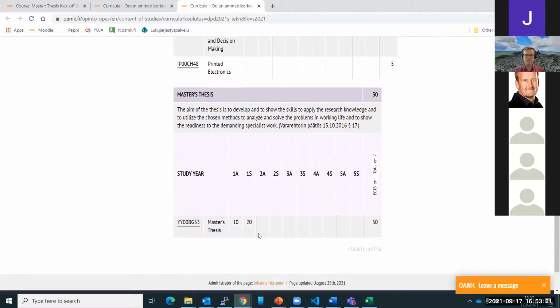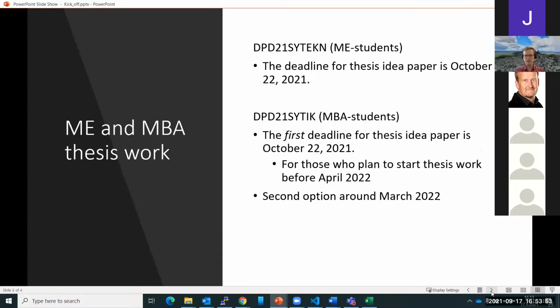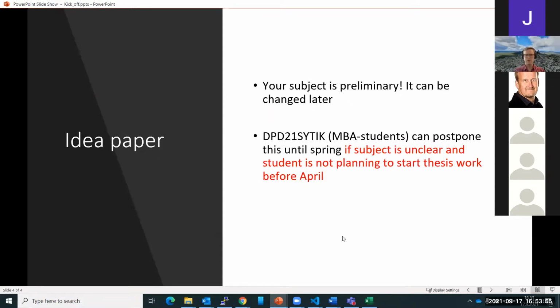But then the thesis work is scheduled to start already now. So work which should correspond to 10 credits in this fall 2019, and then 20 credits in spring 2020. So that's the difference. That's the ideal timeline of your thesis work. And now, basically, what this means from a practical point of view,